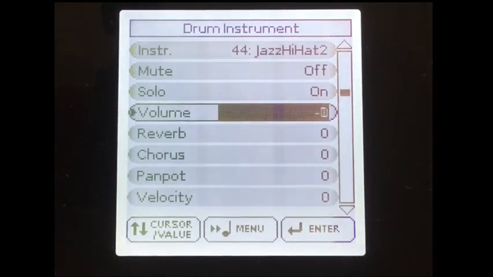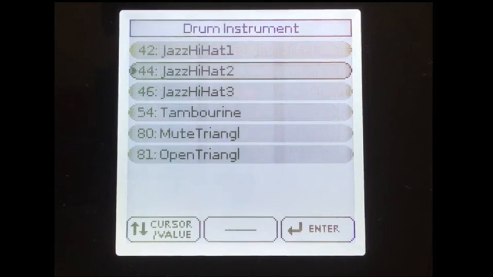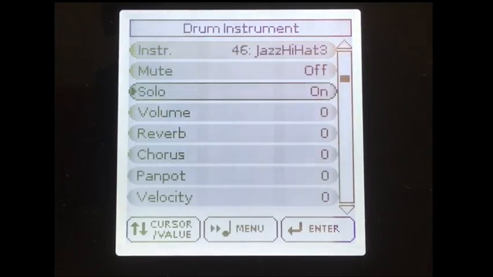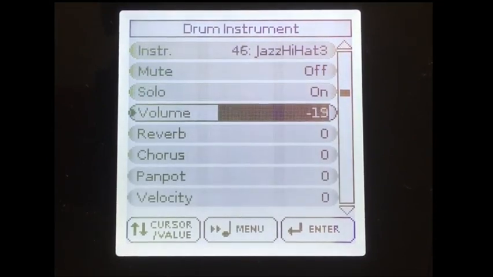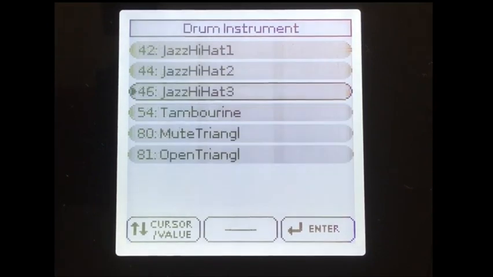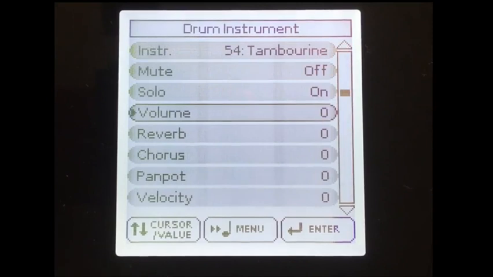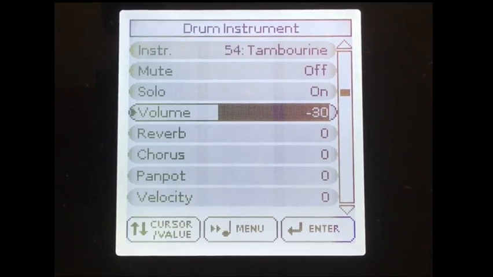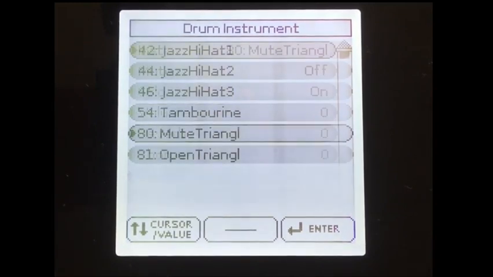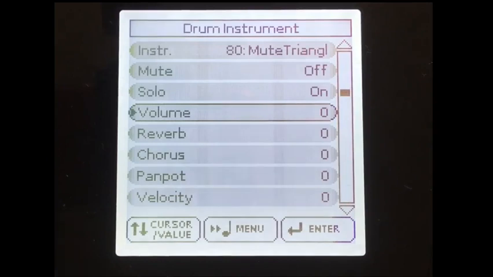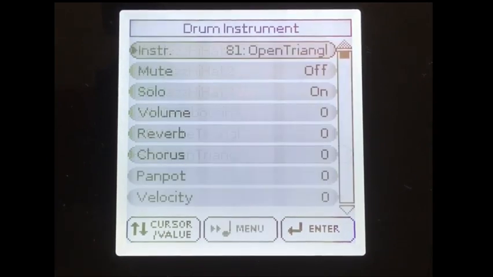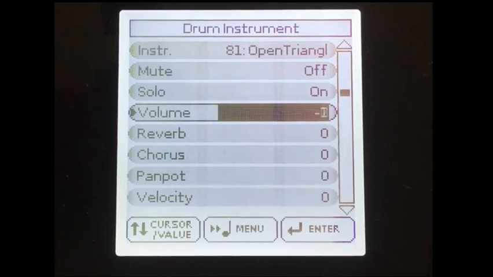Okay, decreasing a little bit, decreasing, tambourine, decreasing a little bit, mute triangle, increasing a little bit, open triangle, decreasing a little bit.